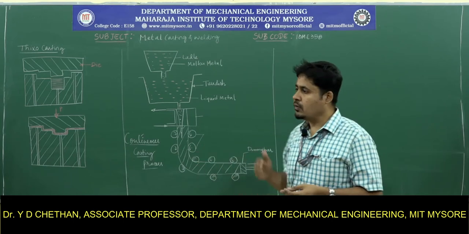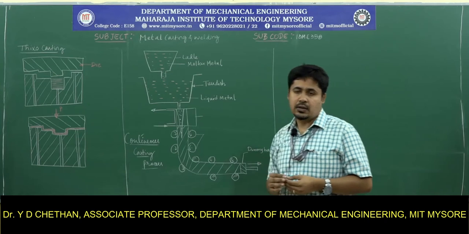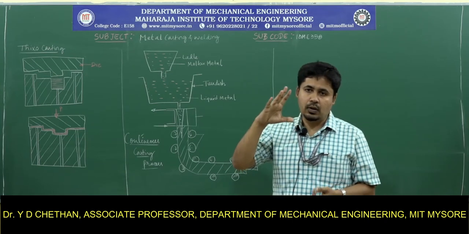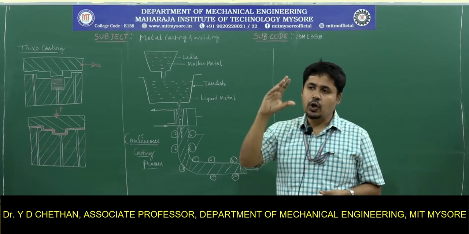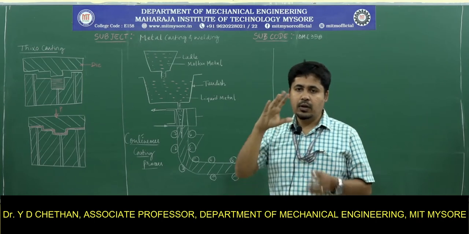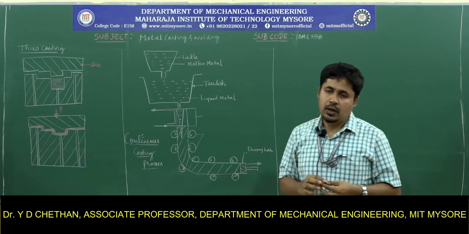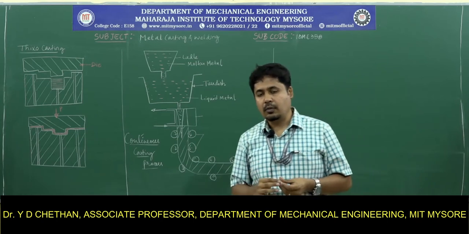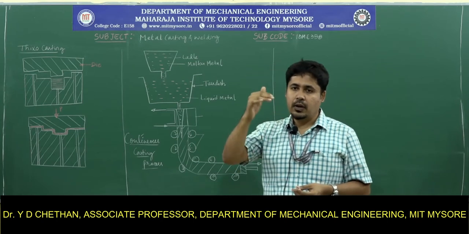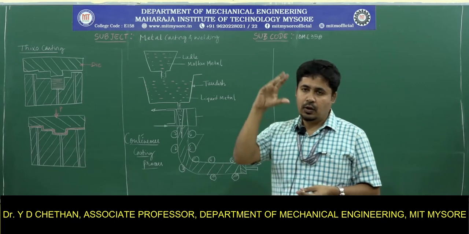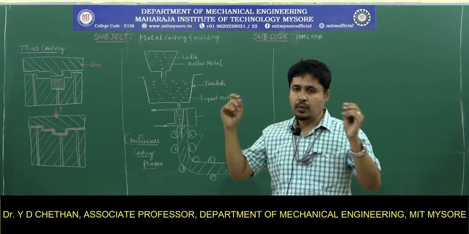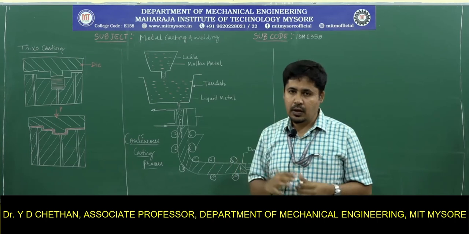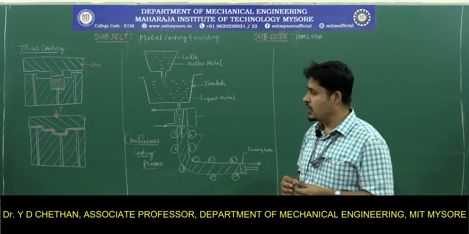We were also talking about the squeeze casting technique. It has two dies, a top die and a bottom die. Between the top and bottom die you can place the liquid hot metal. If you apply pressure through the top die, the metal takes the shape of the cavity associated with that particular die. That is the concept of squeeze casting.